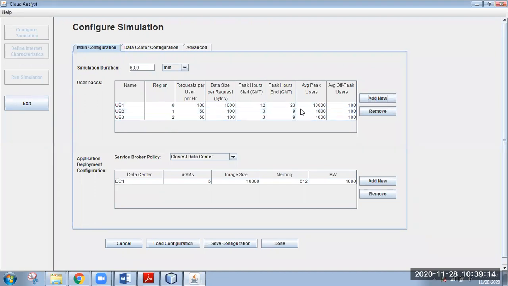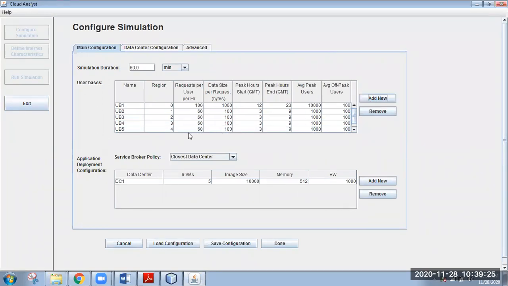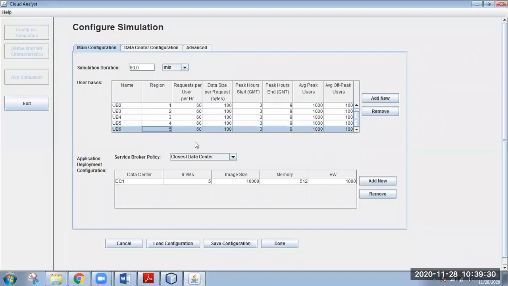Then I am adding another user base to region 2, another user base to region 3, another user base to region 4, another user base to your region 5. Okay, so I am taking one user base per region to show you the simulation. You can change these parameters, whatever we discussed and whatever we changed for the user base 1, similar things you can change for other user bases.